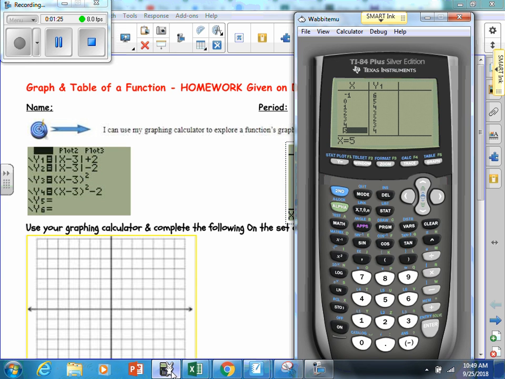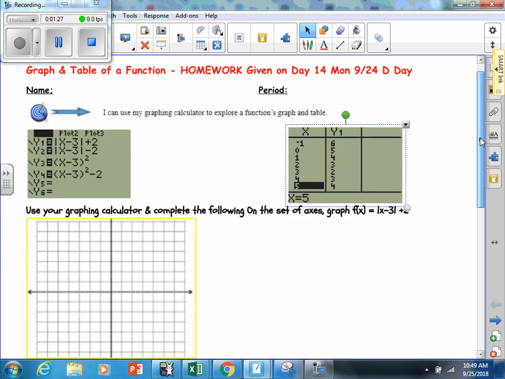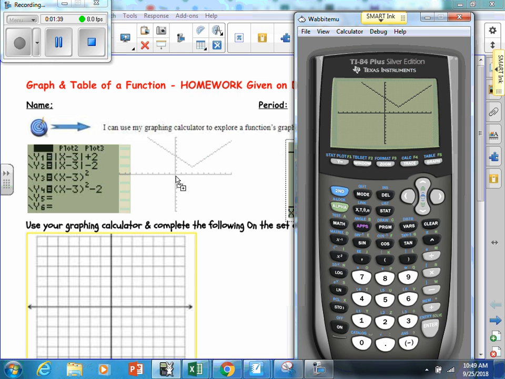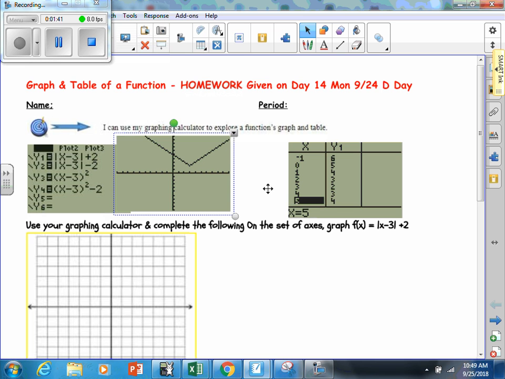Bring back up my graphing calculator. So according to my graphing calculator, when I hit graph, in fact, I get a V. So what this means to us, let's slide this over here, is that it looks like my lowest point, or the point that I would want to put my first dot, is 3, 2. So 3, 2